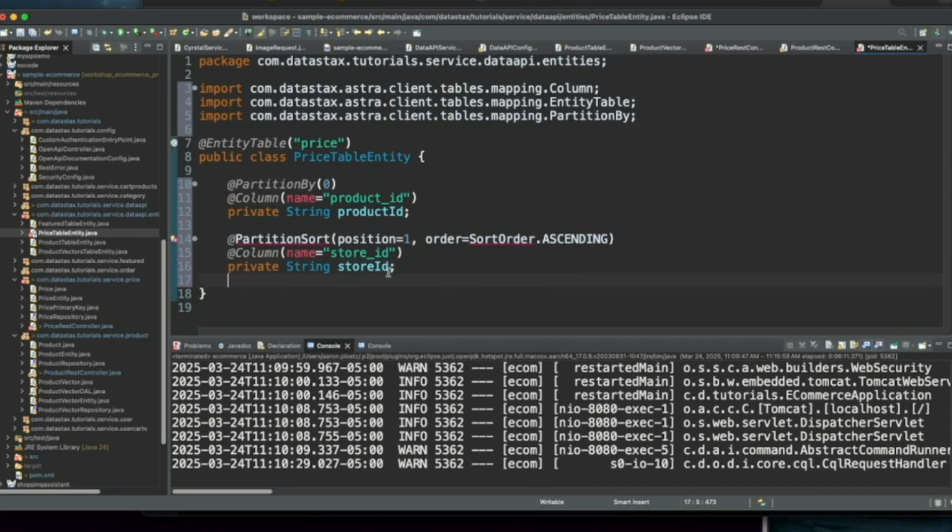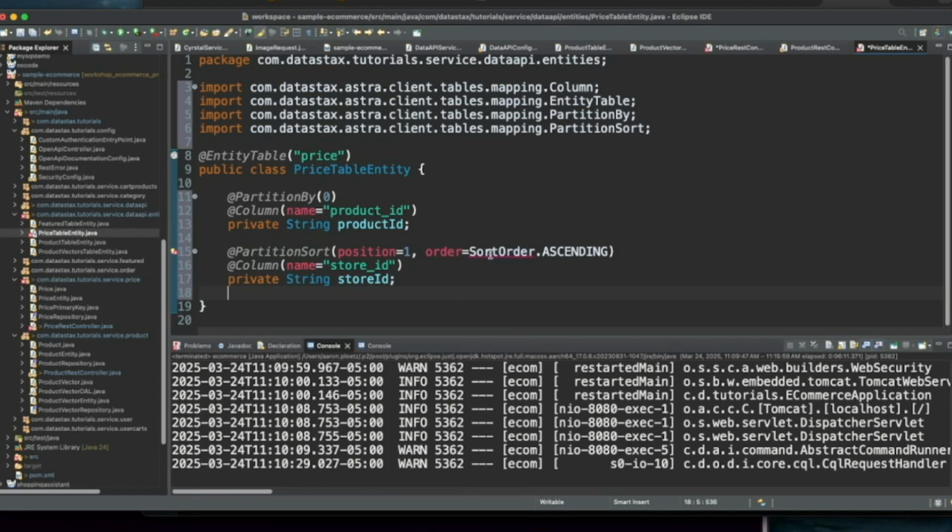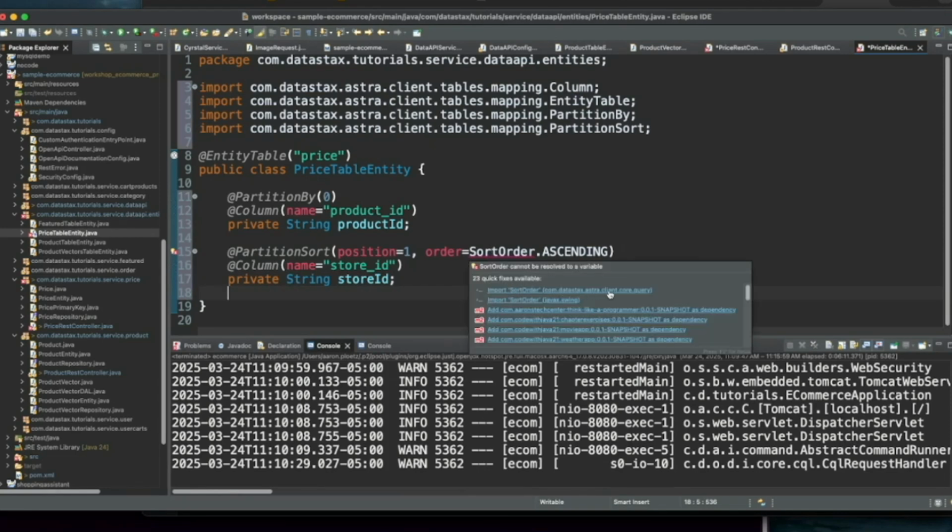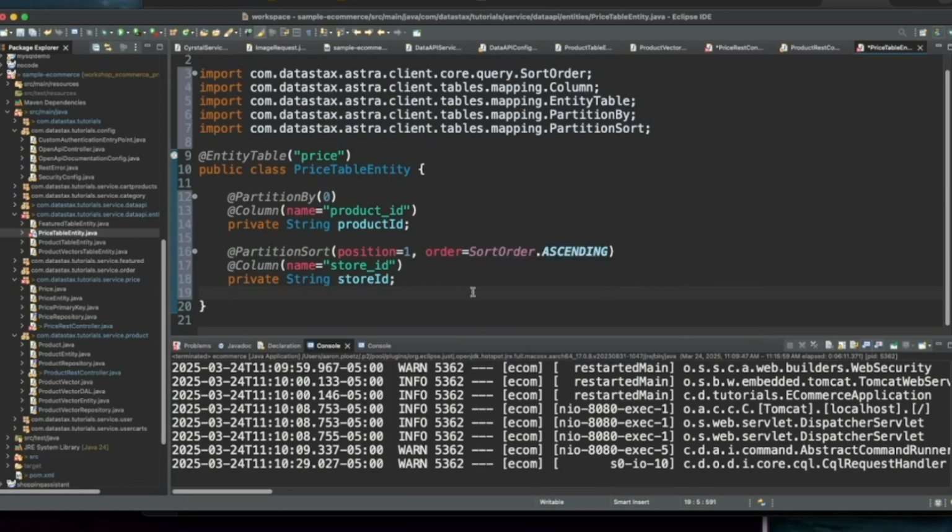Okay, now the rest of this will resolve. We can highlight here and say, yep, import partition sort, and then we can highlight over here and say, yep, bring in sort order so we get that enum to resolve. And all right, now we're good. So now we have our key defined. Let's go ahead and have a look at, yep, we just need a column.